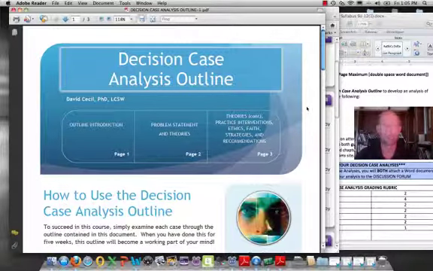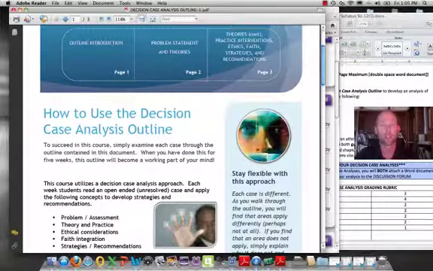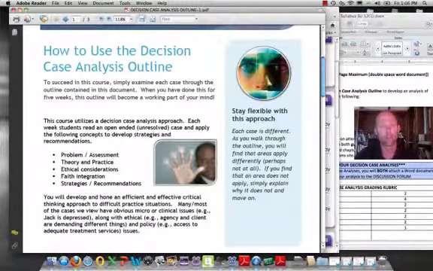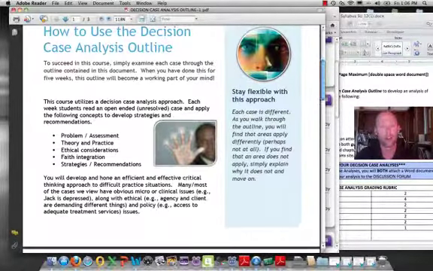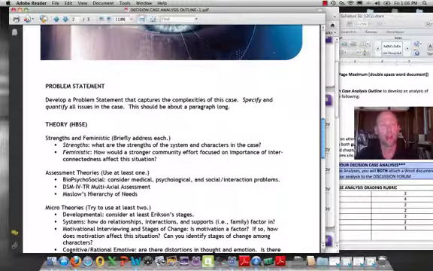But what this basically does is it's going to simultaneously describe what we're doing. You'll come down here and see how to use the Decision Case Analysis Outline. You're going to read the case, and you're going to examine the case through this outline. When you've done this enough times, it's going to become a working part of your mind. And if you come down through the outline itself, you'll see here's where the outline basically begins